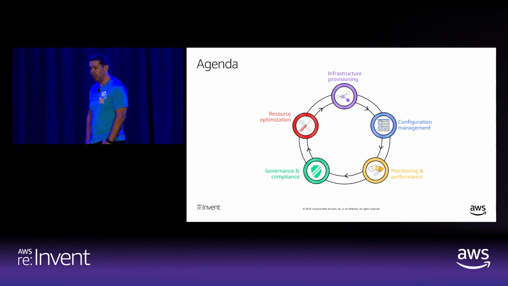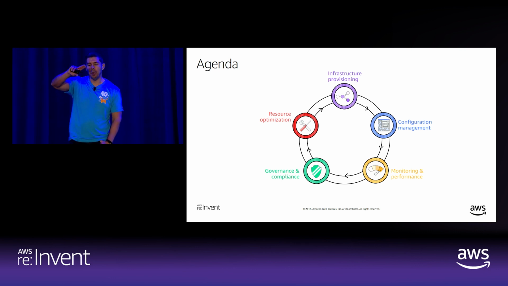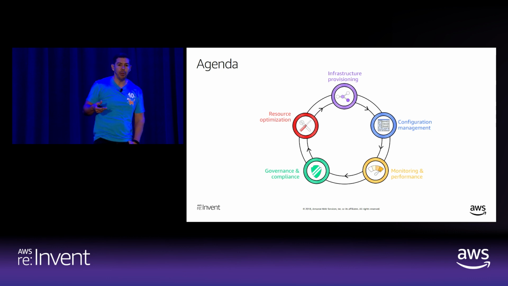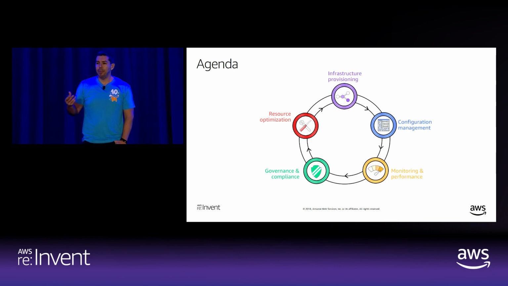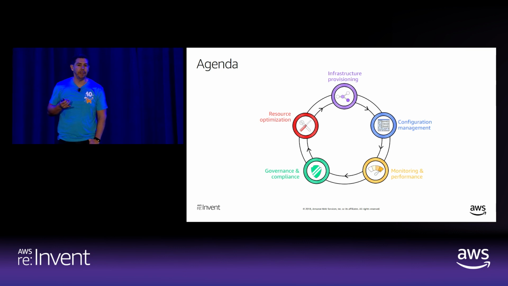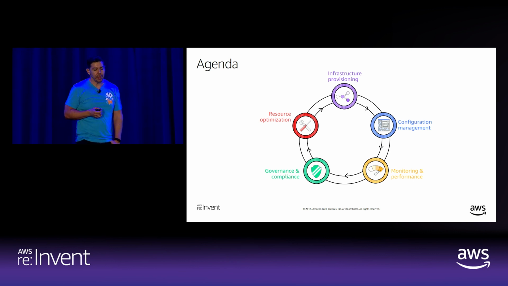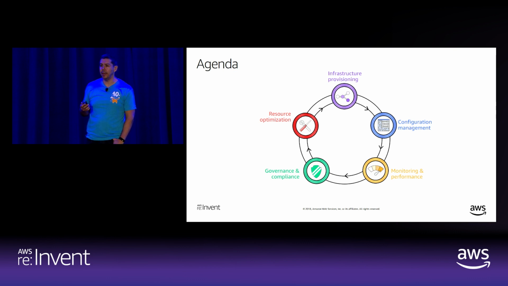So what we hope to accomplish by the end of this session is to take you through a phased approach, like a life cycle management process, of how you can leverage some of the services, tools, and capabilities that we've built into our platform to help make your life easier when it comes to managing Microsoft workloads in the cloud. So we'll go through the agenda, which is going to include tools and services for infrastructure provisioning to help you automate those tasks, services for configuration management. We'll talk about monitoring and performance, governance and compliance, and then at the end, we'll cover resource optimization. So to get us started off with the first phase, I'm going to go ahead and hand it off to